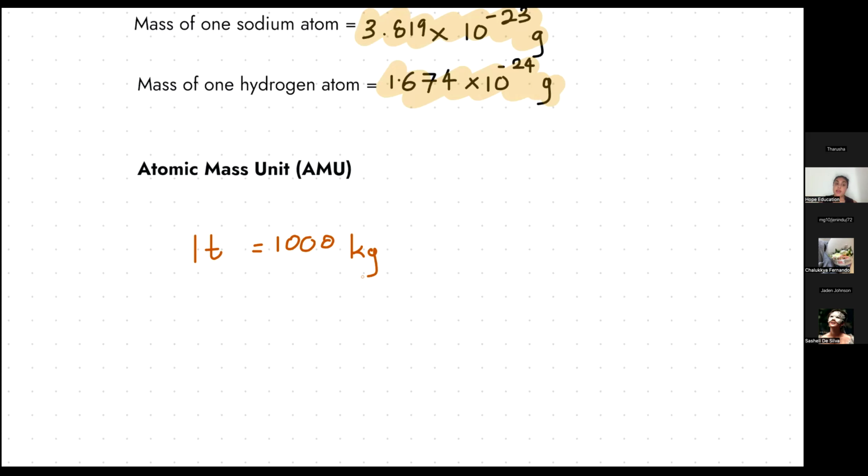Right. Today you learned a new unit. What is it? Atomic mass unit. Now I keep saying atomic mass unit. You don't know what this means because it's the first time you're hearing this, right? I have to explain this in some way where it's easier for you to understand. So an atomic mass unit is the mass of